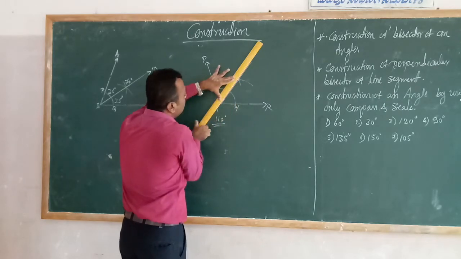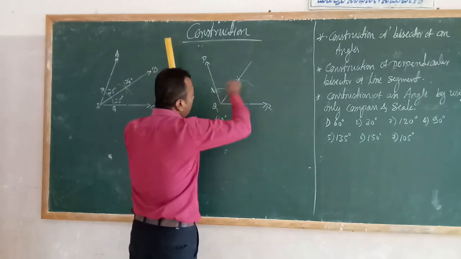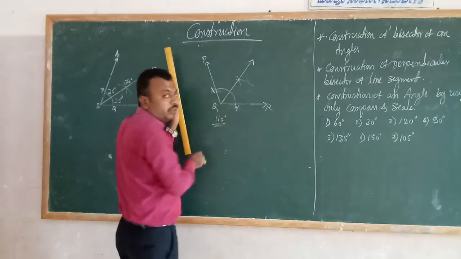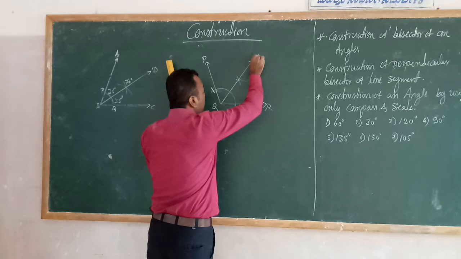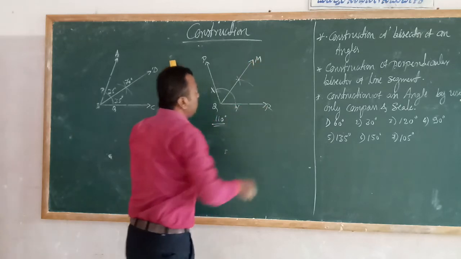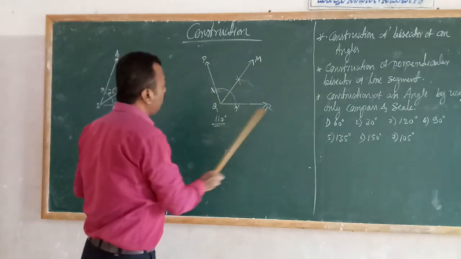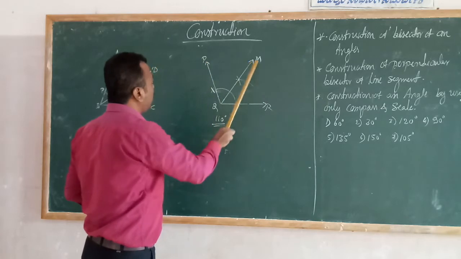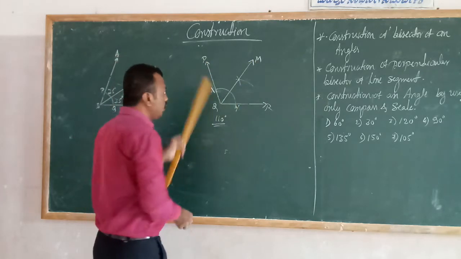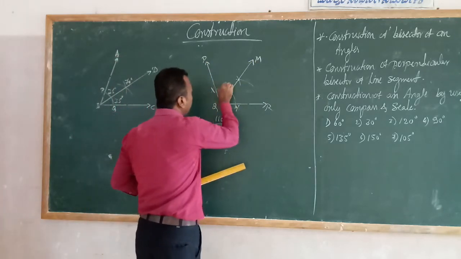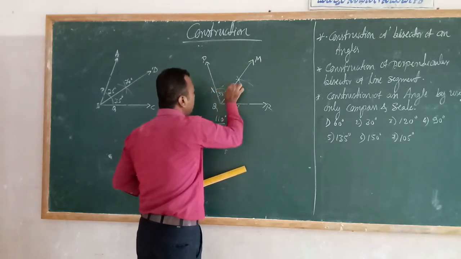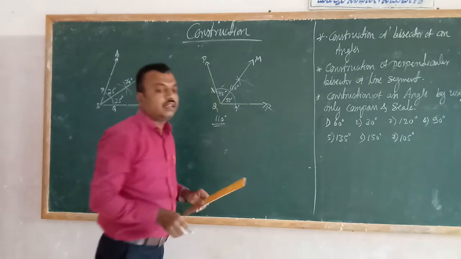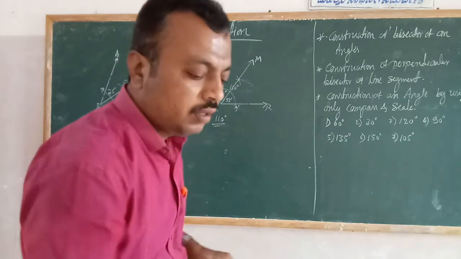Yes. So this line is called the angular bisector line. That is called M. I will take it as M. Now MQR and PQM, each angle measures how much degrees? So one angle must be 55 degrees. This is 55 degrees and this is also 55 degrees. Total 110 degrees. Okay.